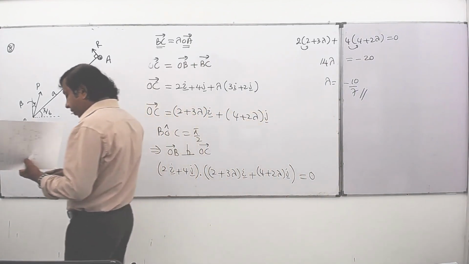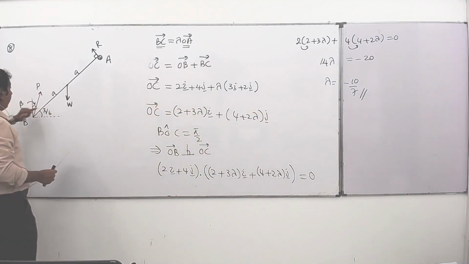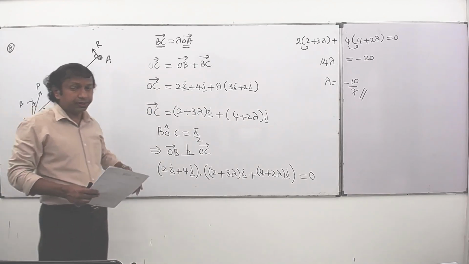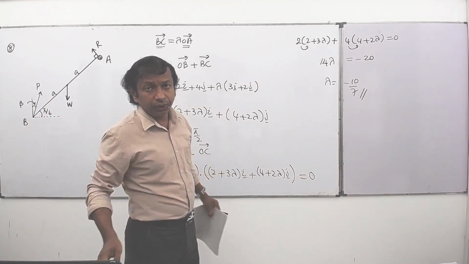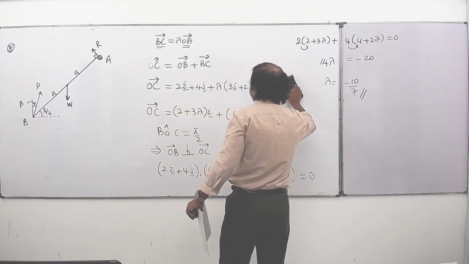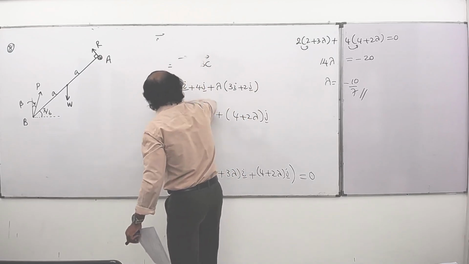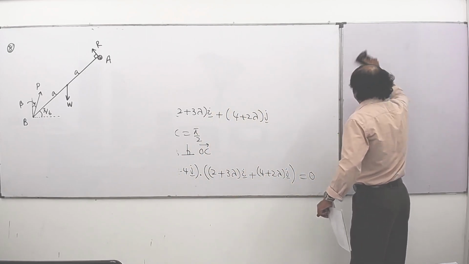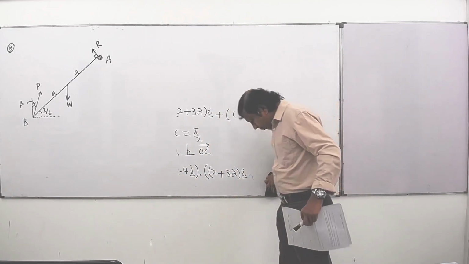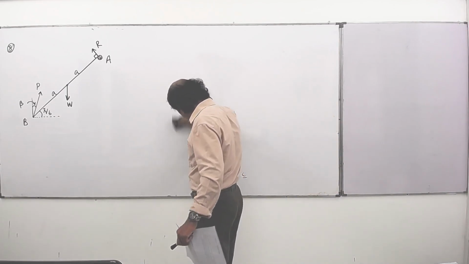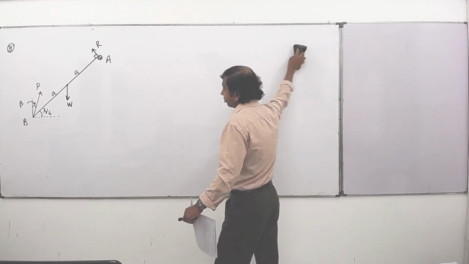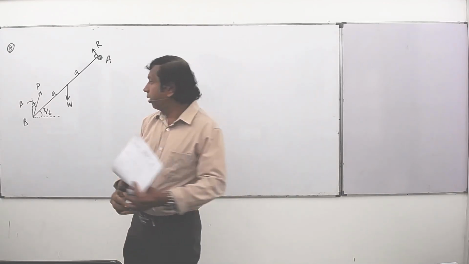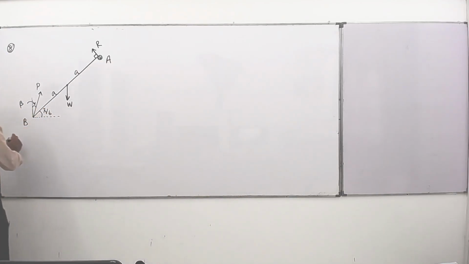Now, we write the equations for the equilibrium of the rod. Resolve horizontally, resolve vertically, take moments. By the three equations, you can show this answer. For the equilibrium of the rod, you can write